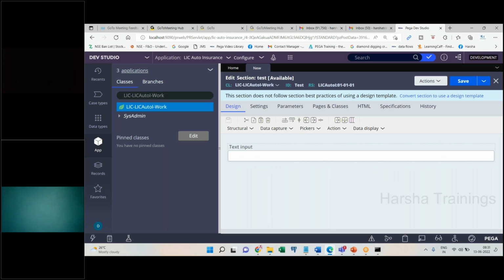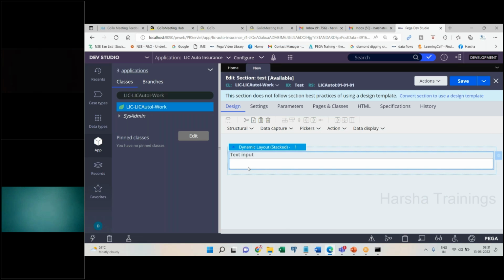You will drag and drop. In other technologies, it might be ready. This is design time. At runtime, when I input a value here, that should be held by one variable, right? Which variable? Look here. At the design time itself, I am going to